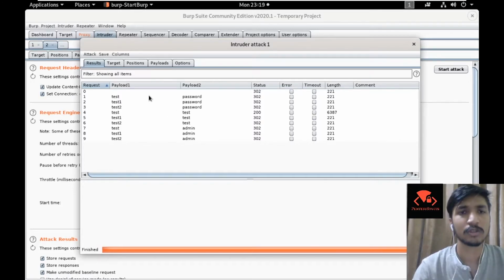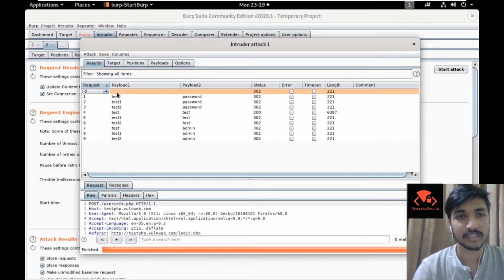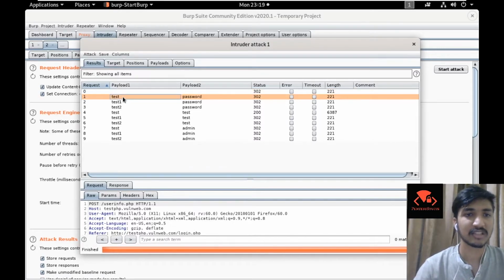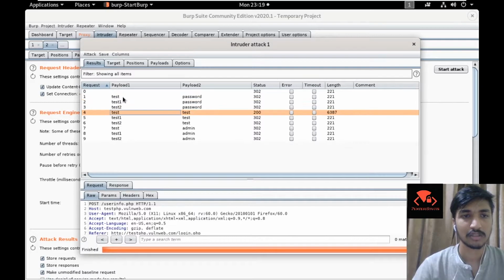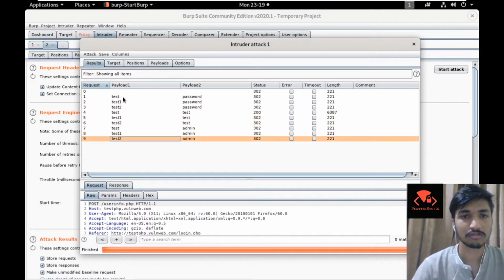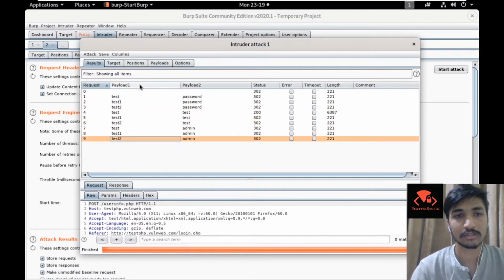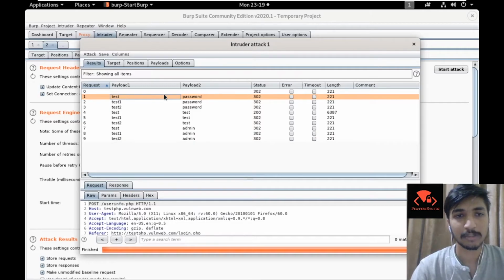It works slow in the community edition, but if you are using the Pro-based Burp Suite, this would be much faster. So here is the payload. The first payload it enters is a null payload, then it goes about test, which was the first. So it works oppositely, like I was thinking about loading payload 1 first and then going to payload 2, but it worked opposite. It logged payload 2 and then went through payload 1. So it is one of those similar things.